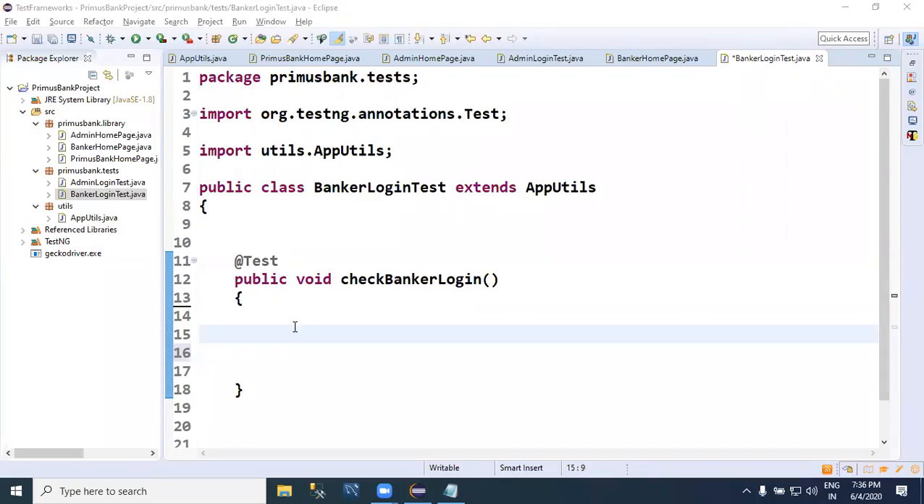Okay. We have to call the bank employee login method. Correct? We have to call the bank employee login method. This bank employee login method is present in